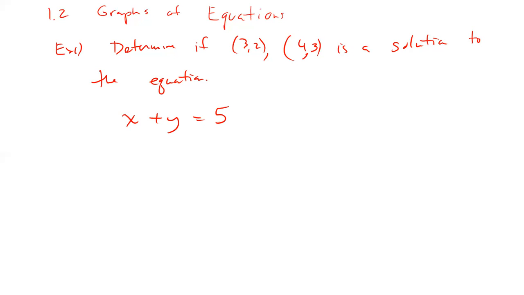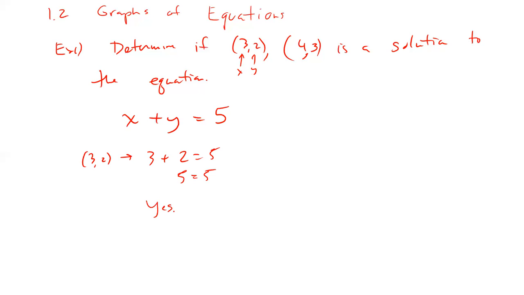We know we can graph this. So this is a line along the graph, right? But as far as determining, making sure that something is a solution, we go back to algebra. And so in this case, this little piece right here, that's the x value, that's the y value. We plug it in, and if it makes sense for the equation, it's a solution for the equation. We're good there. So there's kind of two different ways we think about those. So let's try (3, 2). Plug it in. 3 goes in for the x, 2 goes in for the y, and if that's all good, then yes, (3, 2) is a solution.